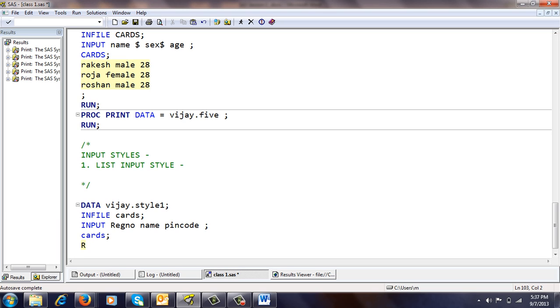Take here R101. We give here Pawan 560093.